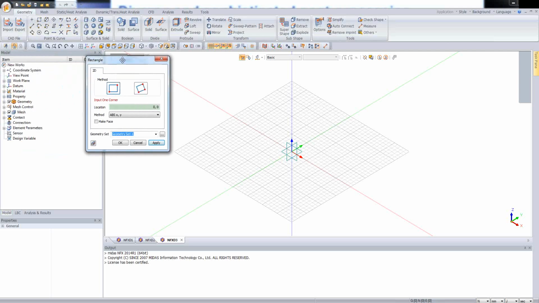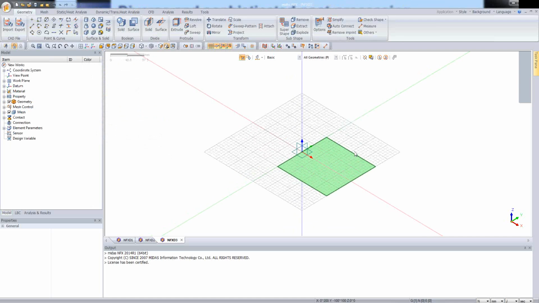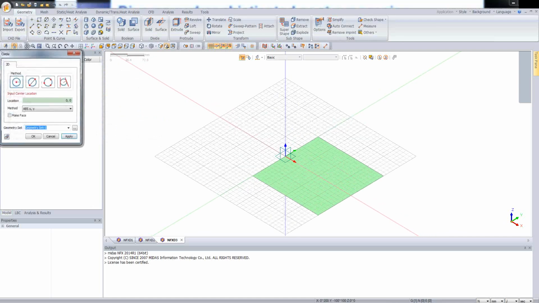So I'm clicking on this command, and let's specify the location. So in this case, my coordinates look like the following: 0, let's say, and -100 for the first corner. Apply, and relative values 200 and 200 for the opposite corner. So I'm checking the option make face, and I'm clicking on apply. So the plate has been created, and right now I will create two circles,